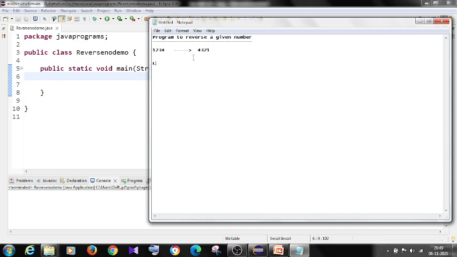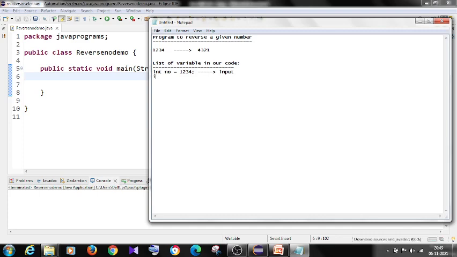First of all, we take the list of variables we need to use in our code. The first will be n is equal to 1 2 3 4. This will act as input, and we need to store the result, right?